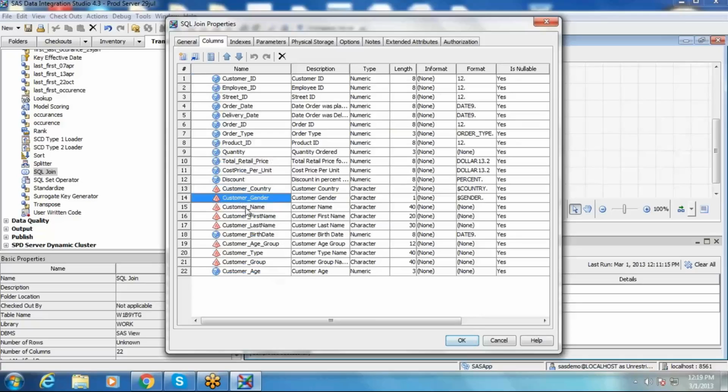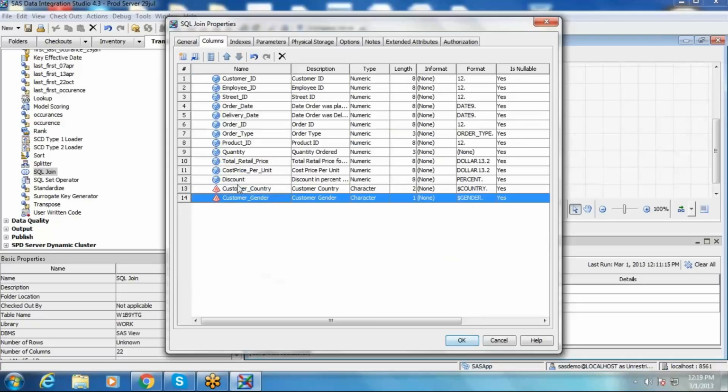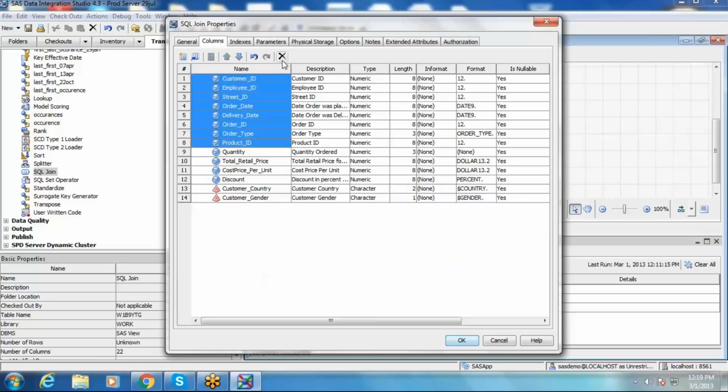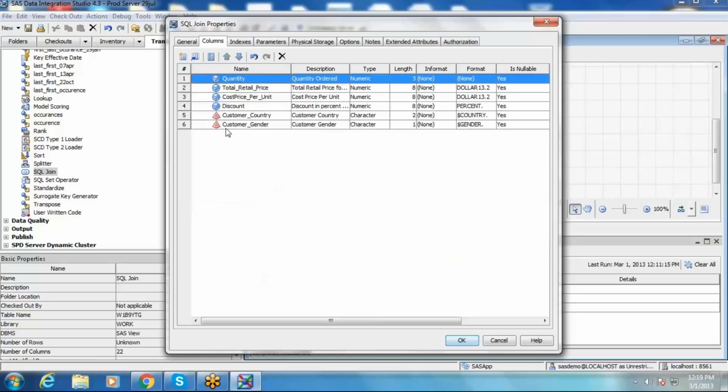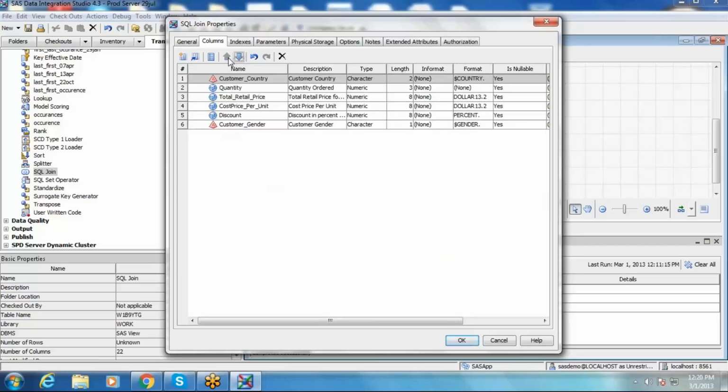I am expecting only, for example, customer country wise and gender wise, and whatever I don't need, I am just deleting. If you want to change the order, customer country should be on top, so you can use the move columns up and move columns down options. Customer gender, move to the second position. So this is what I am expecting. Then you can click on OK.